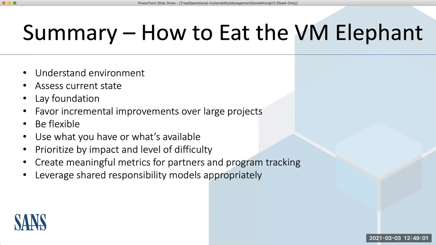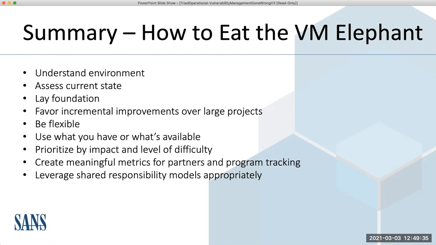All right, I'm going to just summarize very quickly because I want to get to some of these great questions that we have. We need to take the time to understand our environment and the things that are happening on the IT side, even the business side, our culture, because all of that is going to play into how we implement this program. And then we need to really understand what we have that we can leverage right now, immediately, and then lay a foundation for how we're going to improve, be agile about that approach to improvement,